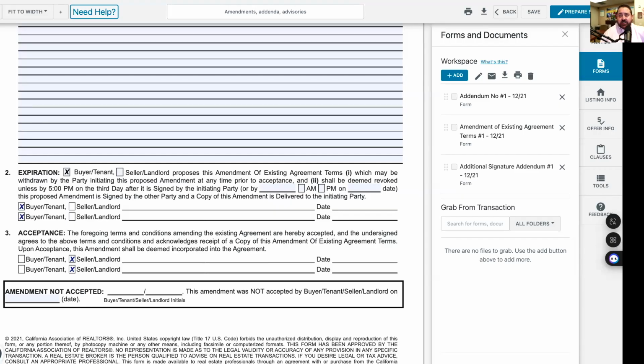Anytime we're changing something we've agreed to, we've got to use that amendment of existing agreement terms. And until we all start getting into that, the world is going to be out there with an addendum. Now, if you're on the flip side and you know how to do things the right way and you get an addendum that is proposing something that you don't agree with,